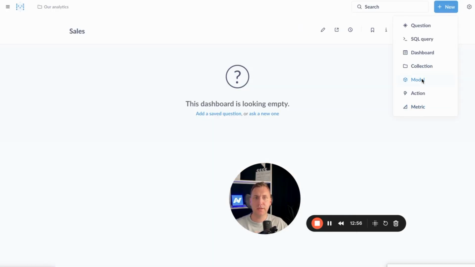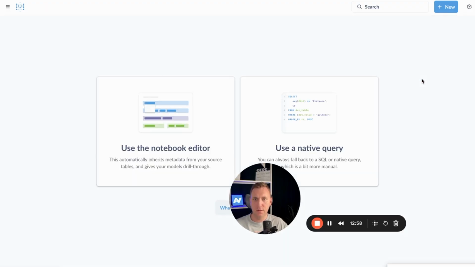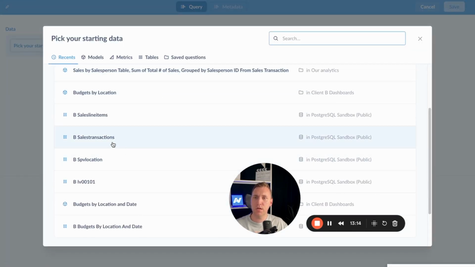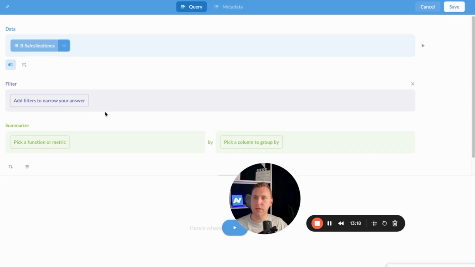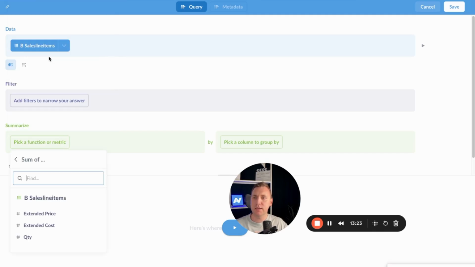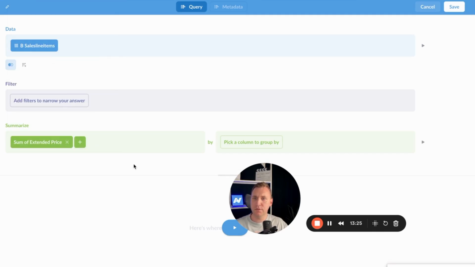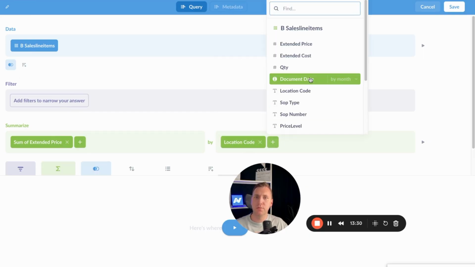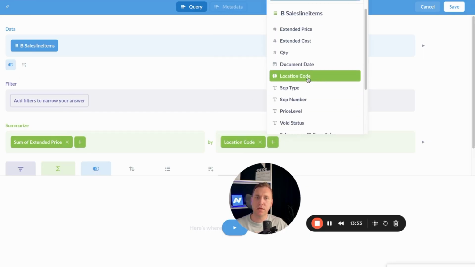Now let's get to the models, because models are quite an interesting opportunity to build a data mart. And you can use either the notebook editor, as we've seen before in the questions, or native query. Let's use the native editor. So let's say we have a table, sale line items, and we'd love to produce kind of an aggregation. So we would love to see extended price grouped by locations plus grouped by, I don't know, maybe some type